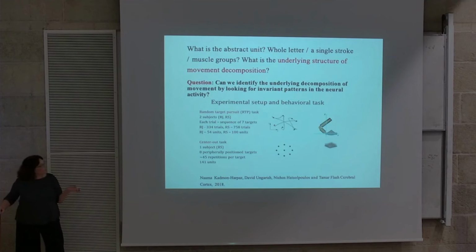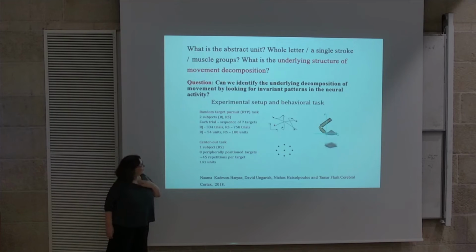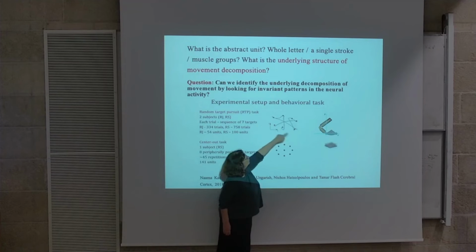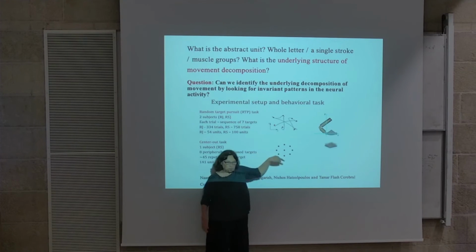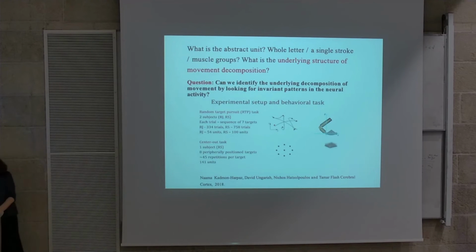The data is from the motor cortex. This time they used the hidden Markov model, and they looked at trajectories. Either you're doing a point-to-point movement or you do what they call target pursuit movement, okay? And using HMM, they decoded the neural activity. They didn't decode the trajectory, they decoded the neural activity. And from the neural activity, they asked what kind of kinematic components do we get.